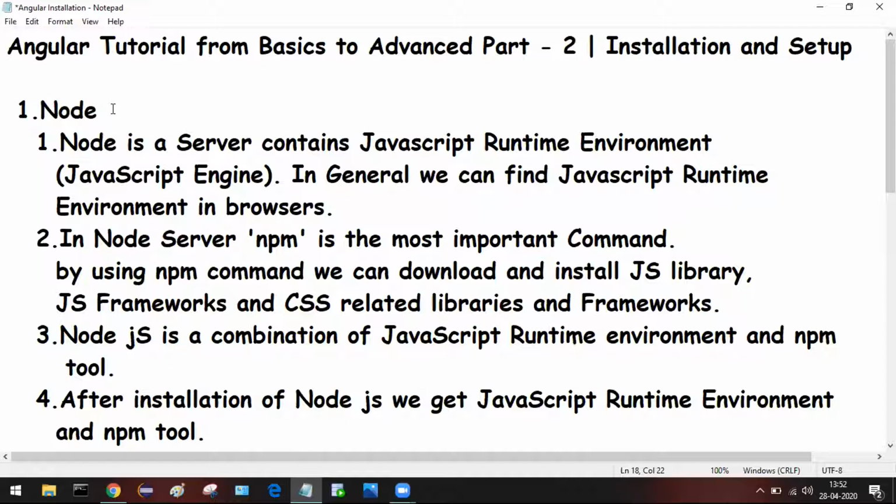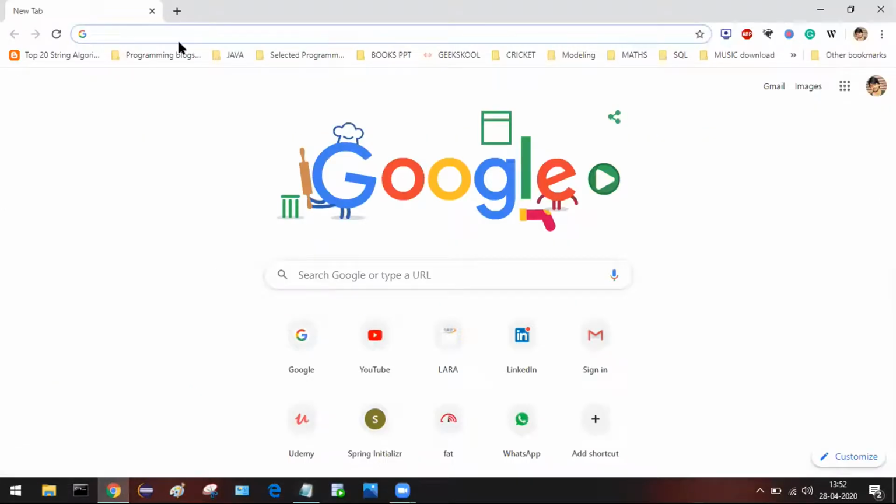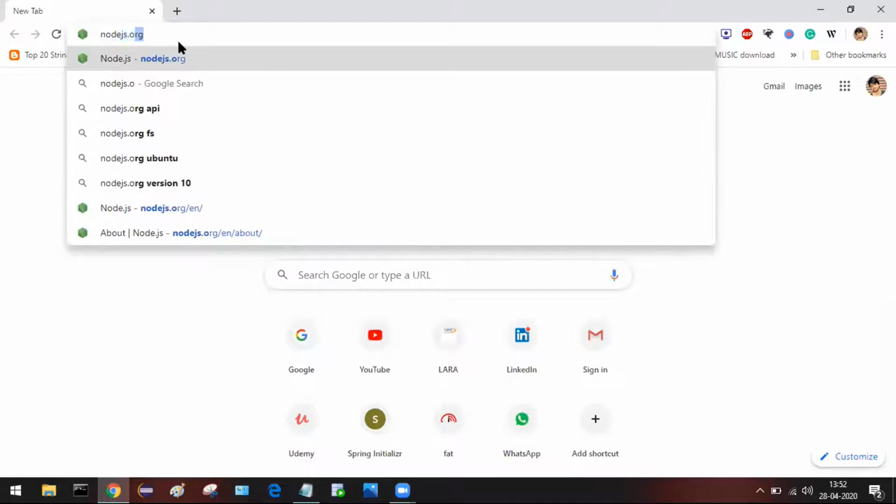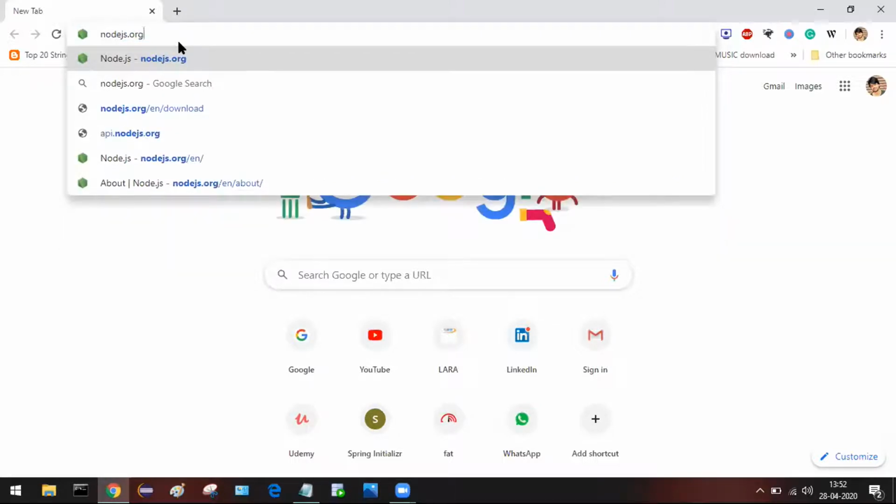I'm opening Google Chrome in my case. In your case, it might be Firefox or Edge or any other browser. Go to nodejs.org. You just need to type nodejs.org.